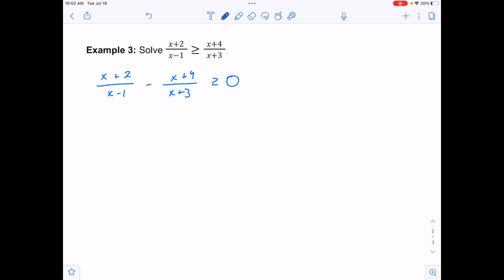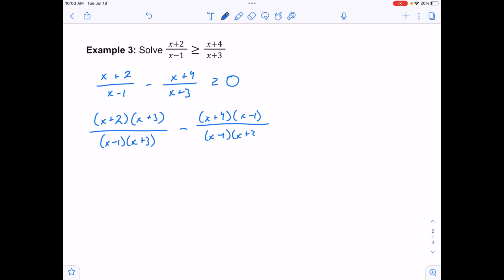And I'm looking to combine these, so I need to create a common denominator here. My common denominator will just be multiplying the two denominators together. So my left fraction will become, I have to multiply the top and the bottom by x plus 3. My right fraction, I need to multiply the top and the bottom by x minus 1. So now I have a common